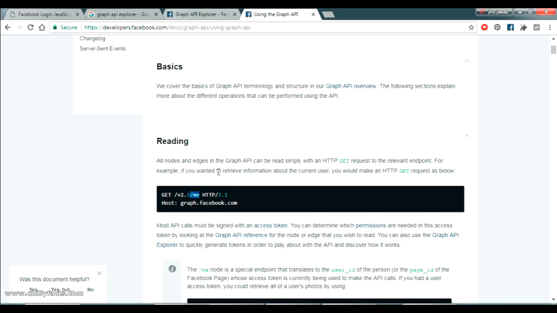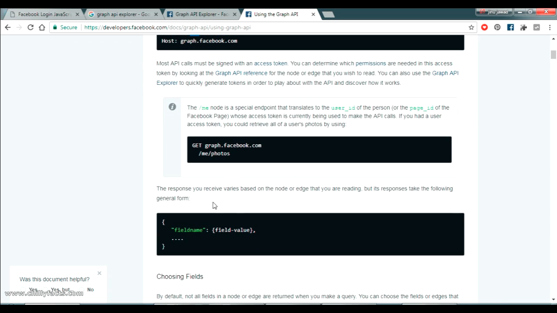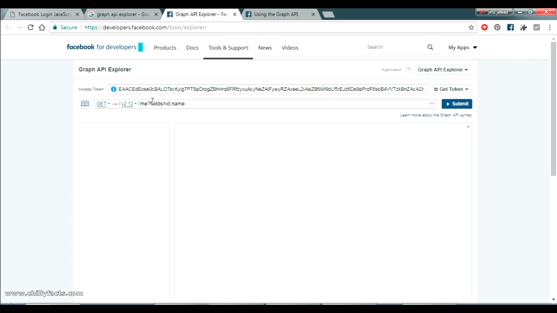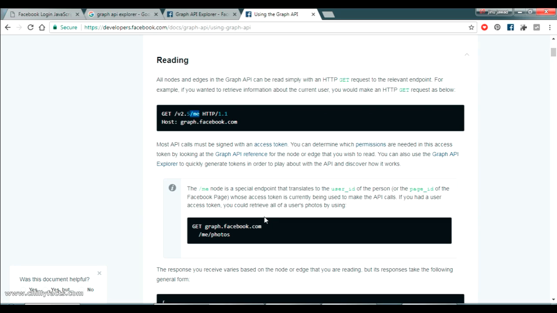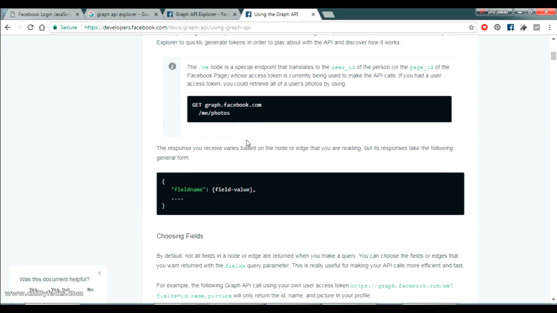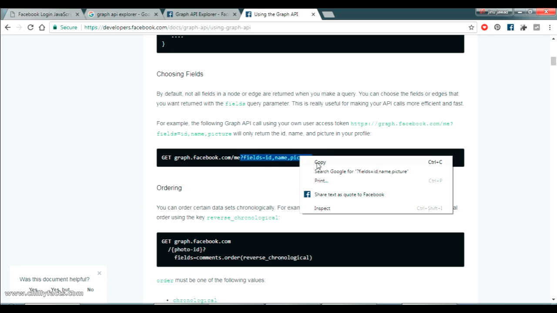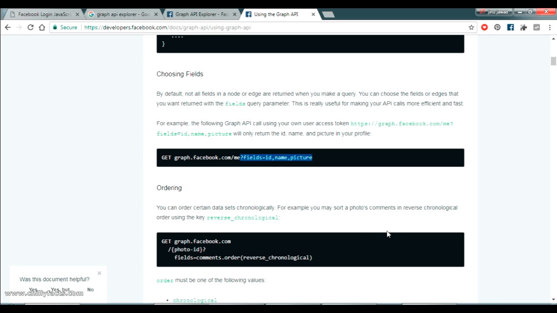Slash me means it will return the basic information. So let's try slash me only here. If I submit that, you can see the name and ID coming here. Okay, as it says, we can also pass the field names, that is, which fields are to be returned. So if I copy this from here